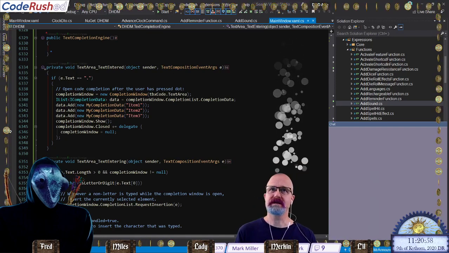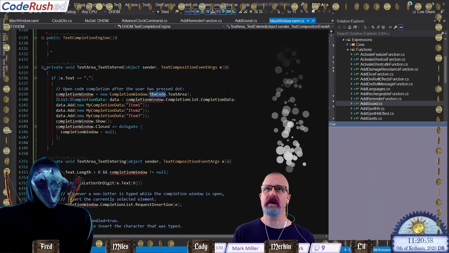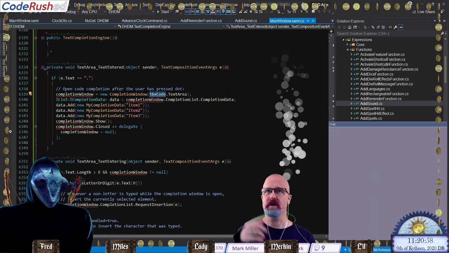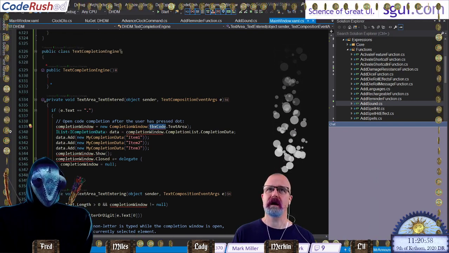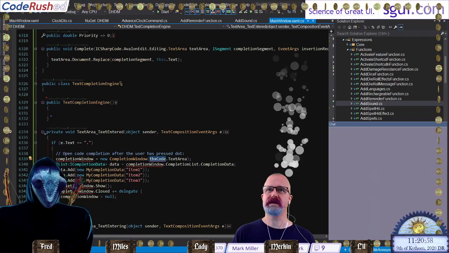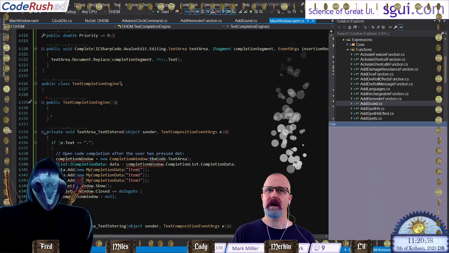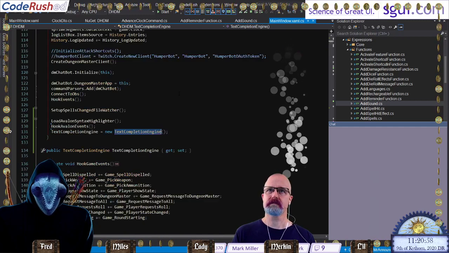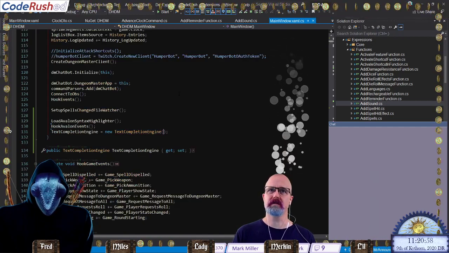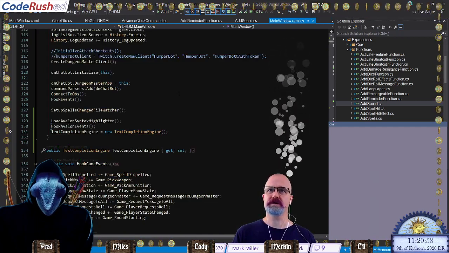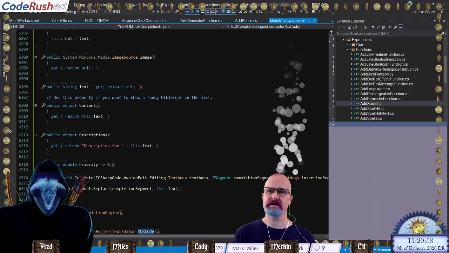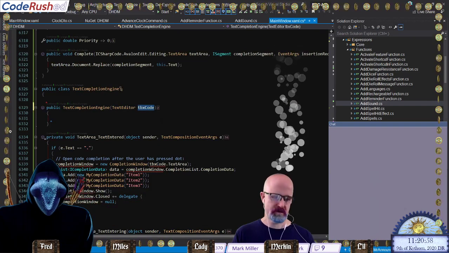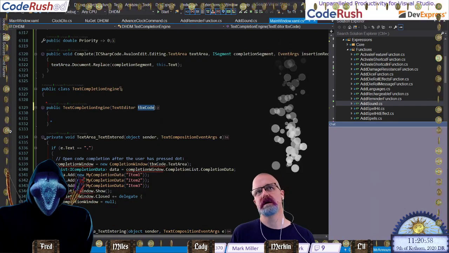We are going to need to pass in TBX code as well, and we'll need to put our completion window there. Yeah, so TBX code we'll need to set as well. I think I'm going to pass it in here. So I'm going to hit the coder's key, choose add parameter, pass in TBX code, and set it there. And then we're going to hit the coder's key and choose